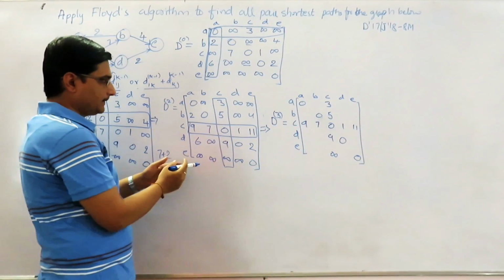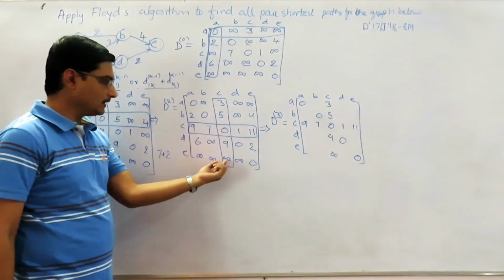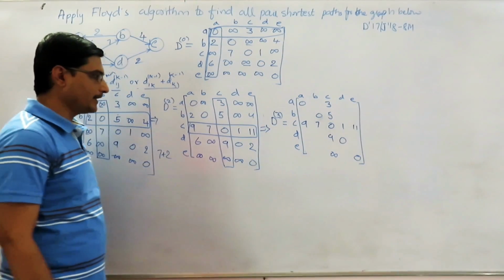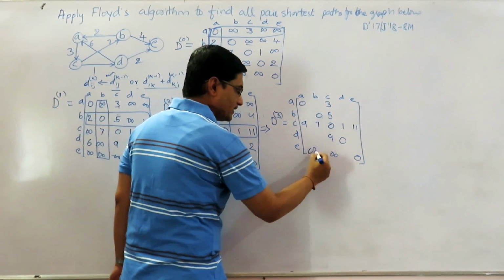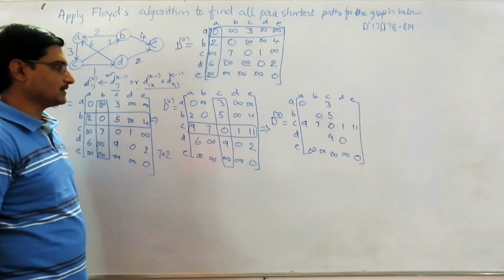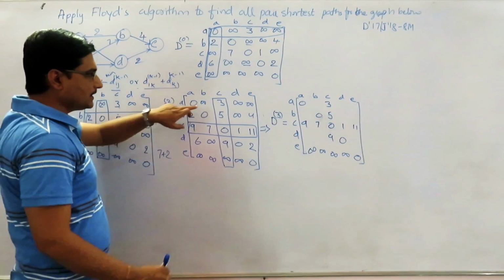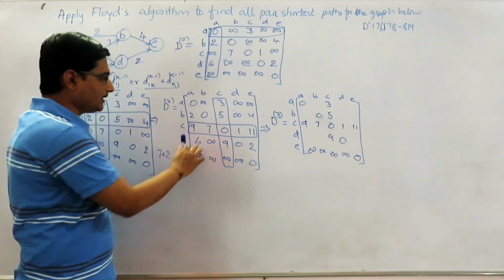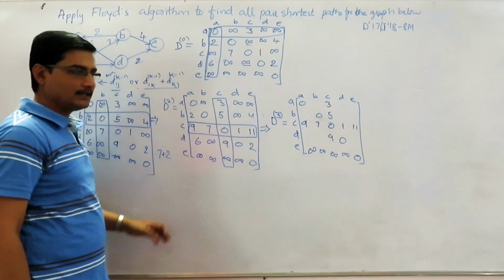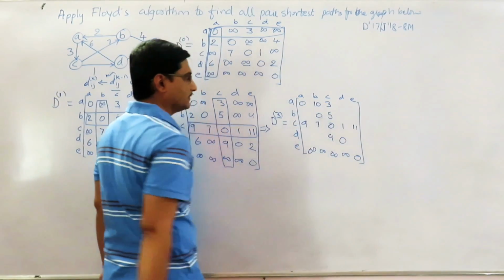And definitely we can start from anywhere. This is infinity, so this last row is not going to change. These are the initial entries we can consider. Now let us see whether any other values are going to change. This is infinity, and this one is 7 and this is 3. 7 plus 3 is 10. 10 is less than infinity, so it is going to update.